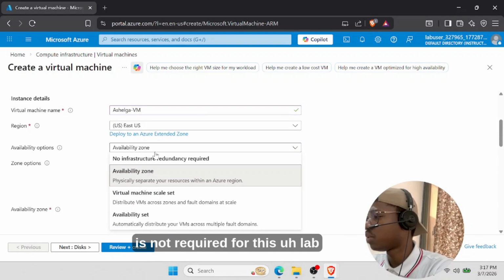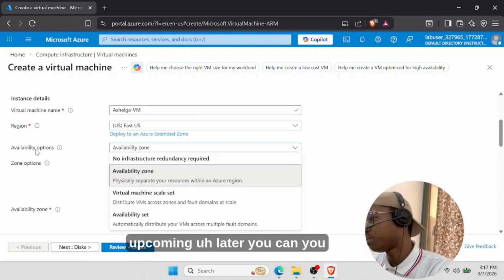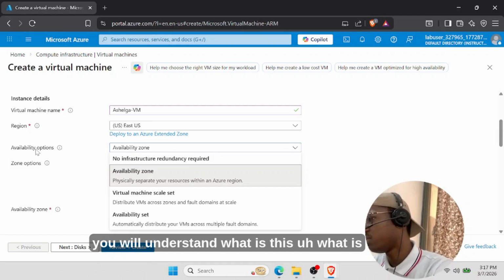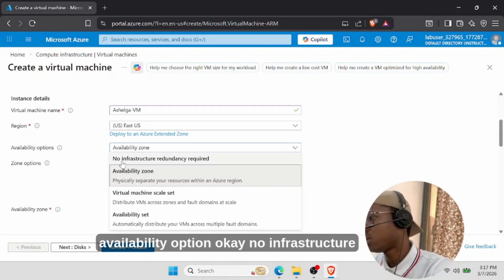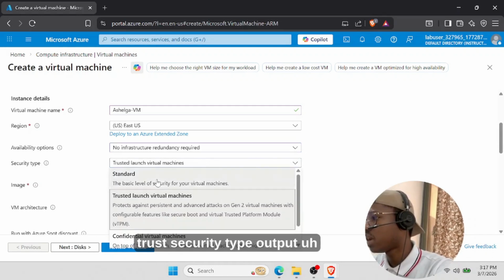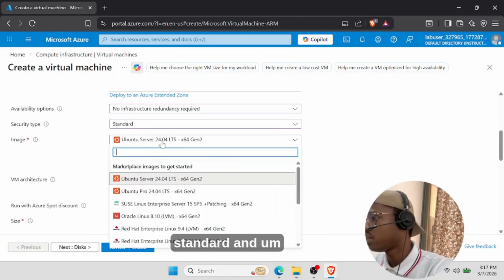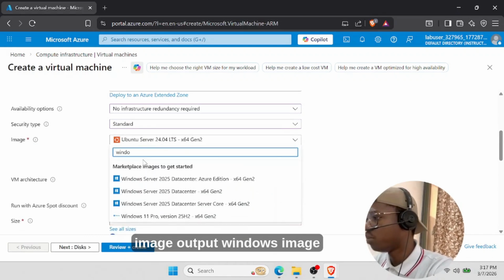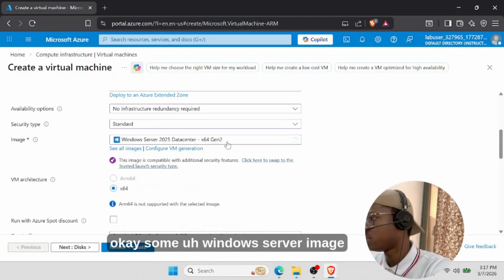Availability zone is not required for this lab. Later on, you will understand what availability options are. No infrastructure redundancy required, the security type is standard, and the image is a Windows image, some Windows Server